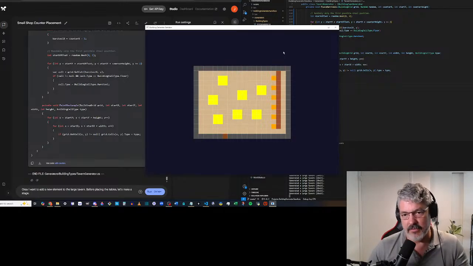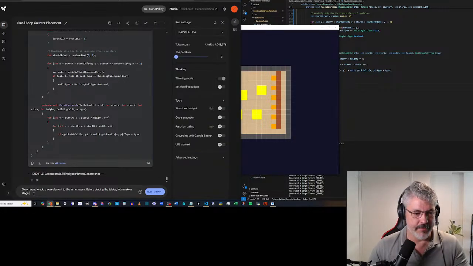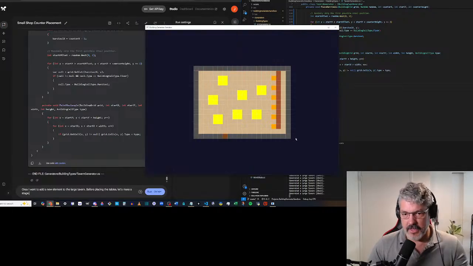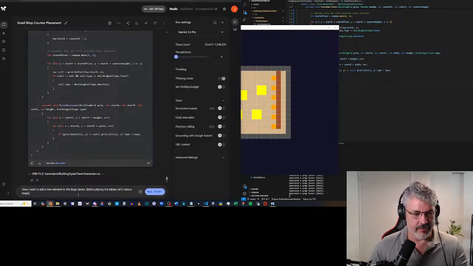Let's make it a light green. So the stage can be 3 or 4 tiles wide and up to 6 tiles long. The stage tiles will be, I said green, right? Light green.